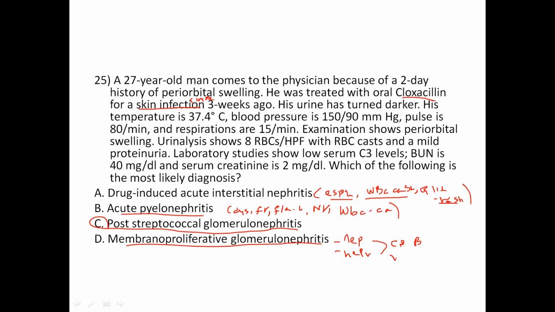You may find vasculitis. You should find a vasculitis rash, like purpura and other features of vasculitis, in order to diagnose membranoproliferative glomerulonephritis. So definitely this patient has post-streptococcal glomerulonephritis after 3 weeks of a skin infection,